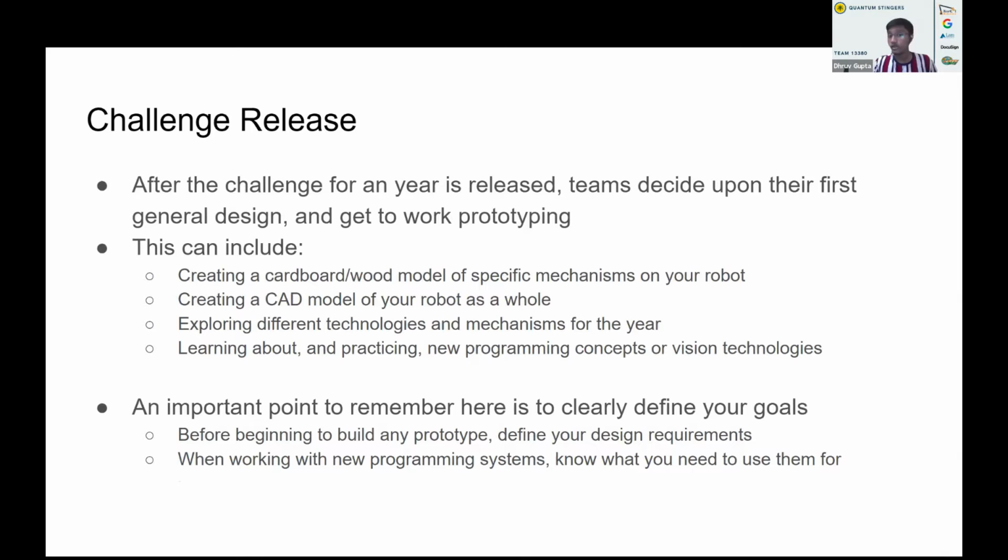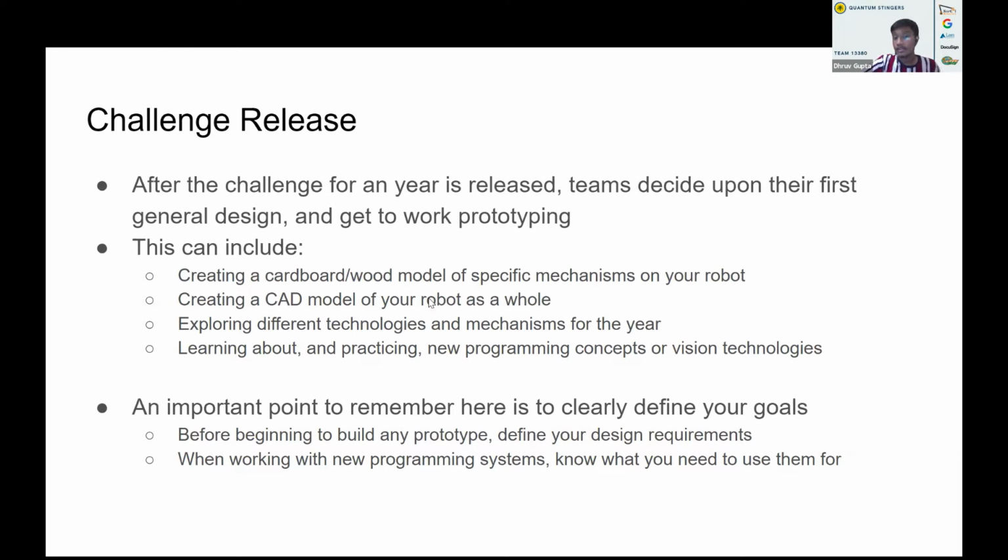For example, if you're planning on having a catapult-like device, you might create a wooden catapult, which just uses a motor and some wooden beams to try it out, see what works on it, if you need longer catapult arms, if you need a stronger motor, etc. So you'll get some of the specifications for you to use on your actual robot.